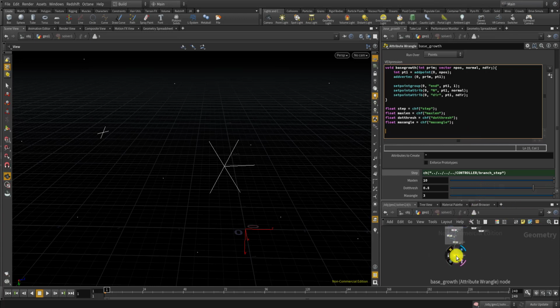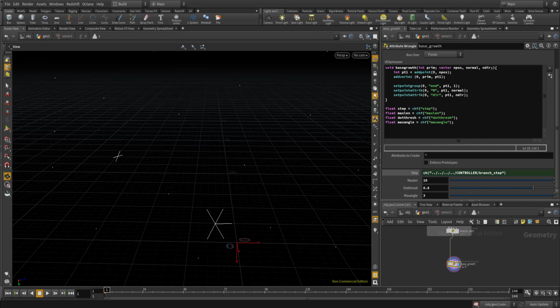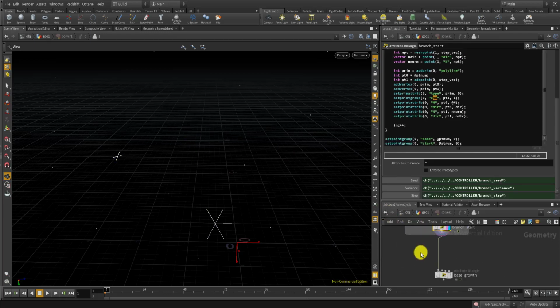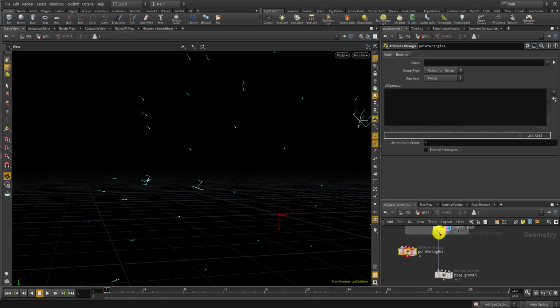Okay, so first things first, as I explained previously, I need to make a condition for whether the branch will collide with another branch. So in order to do that, especially for the 3D geometry, the effective way is to first go back to the previous point, which is this one, and then since each point has a normal direction like this, let's make a point wrangle, and I'll name this block pass, and move this point to the minus direction of the normal direction by